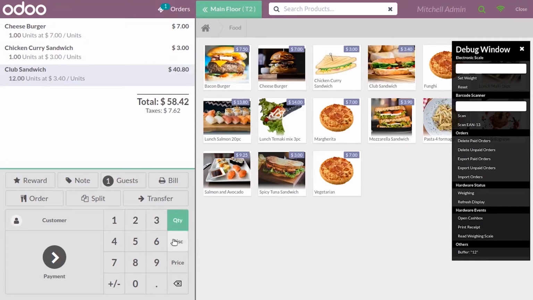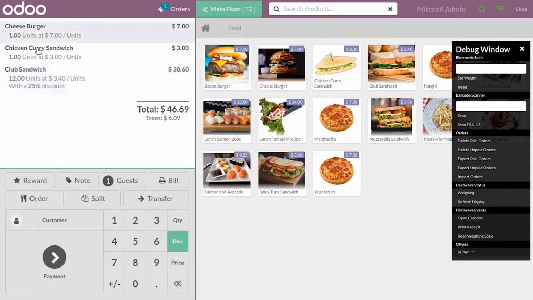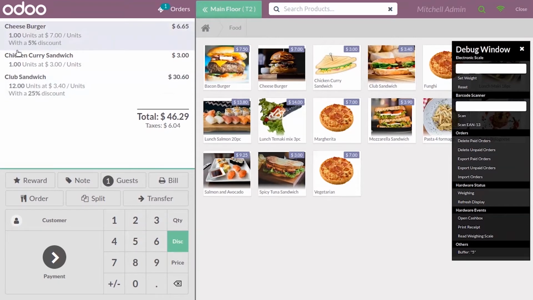Here you can see the discount option. Just click on that, and after clicking discount, you can choose the percentage of discount that you want to apply on this product. To club sandwich, you can provide a discount to the customer like 25%. You can see the product unit price with a 25% discount. The same way you can apply this to other, different lines, different products. When you click on 5, you can see it with a 5% discount. This is how we give discount on each line, that is on each product.